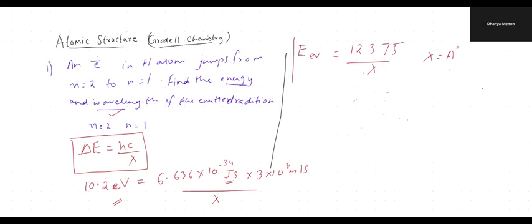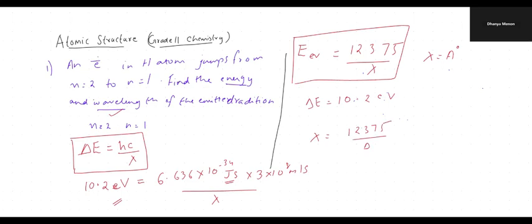This is a shortcut method and you can easily find out the value of energy. Now E is delta E, the difference in energy level, which is equal to 10.2 eV. Now substitute the value. You will get lambda is equal to 12375 by delta E, 12375 by 10.2 eV. You get lambda equal to